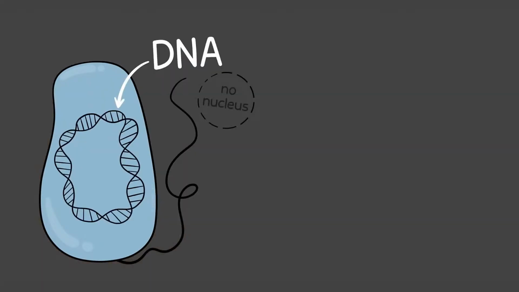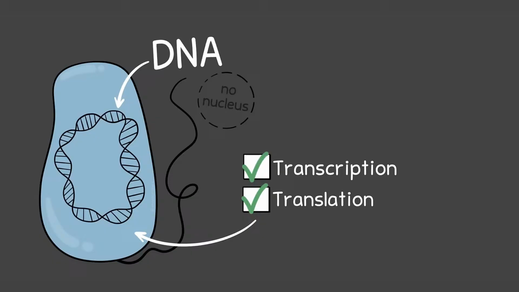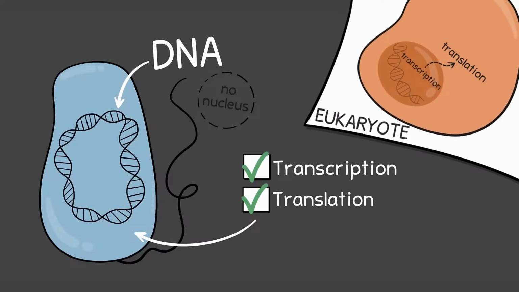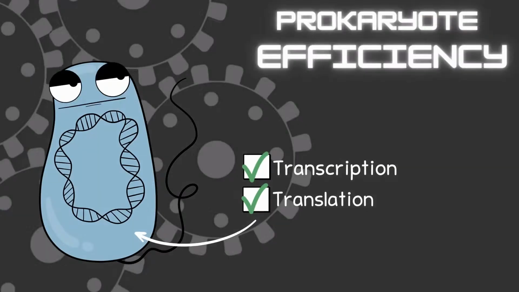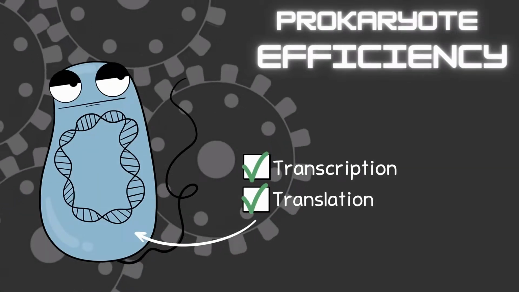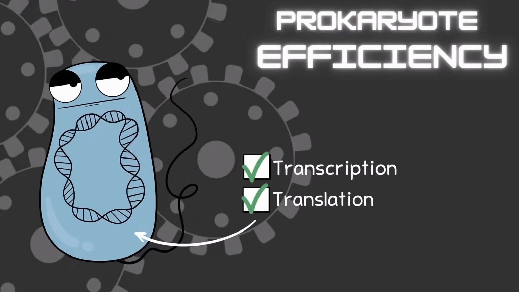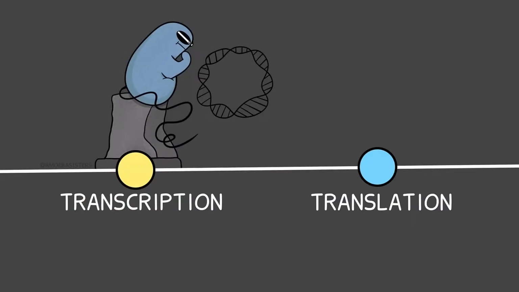Recall that prokaryotic cells just have the DNA in their cytoplasm. They don't have a nucleus. So transcription and translation all just happen here. Unlike in a eukaryotic cell, there's no traveling of the DNA out of a nucleus. Nope, in prokaryotes it's all right there together and can really both be happening together at the same time as there's no nucleus involved. For prokaryotes, a lot of the control of whether a gene is going to get expressed or not